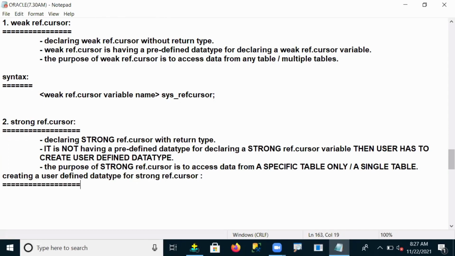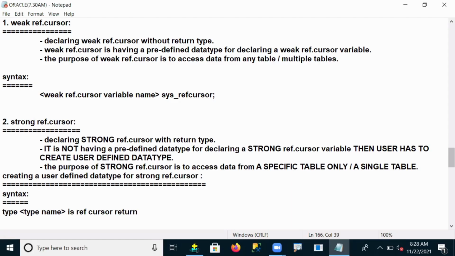So what is the syntax for declaring a user defined data type for a strong ref cursor? Your type name is the data type name, IS REF CURSOR, and here a return type is compulsory.